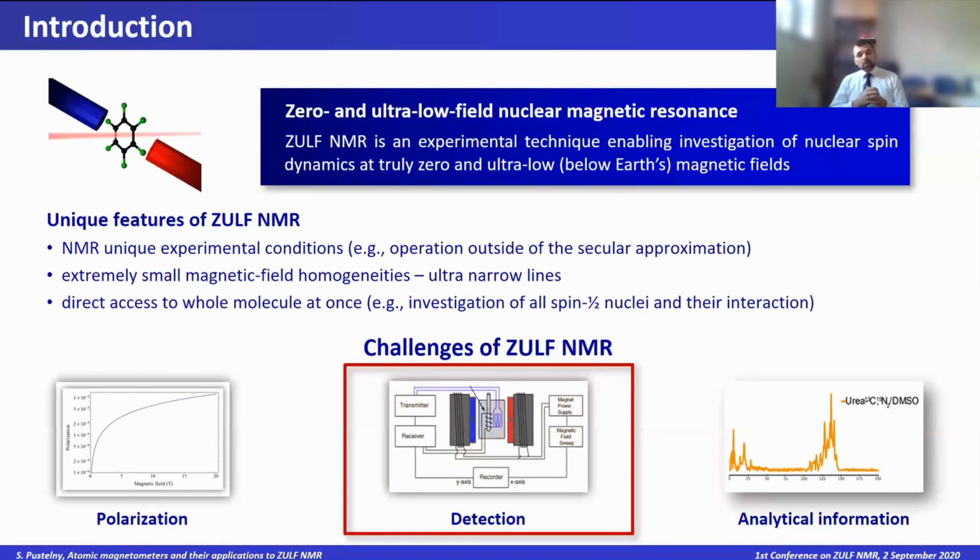And the last but not least, what you have to do, you have to somehow address the problem of detecting NMR signals at zero field, because the sensor that is typically used in such measurements, the coil, is sensitive at higher frequencies because it measures the changes of the flux. So the faster the flux changes, the higher is the sensitivity. And of course, the flux change is determined by the magnetic field. So you want to replace this by some other sensor. And of course, this other sensor that we'll be talking about is the atomic magnetometer.